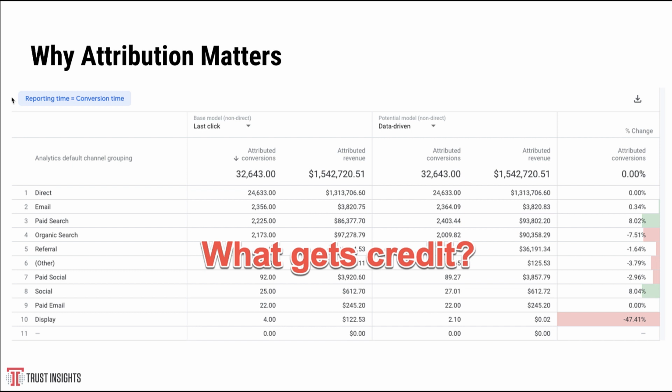So first things first, UTM codes are part of the bigger puzzle of attribution. And attribution is really straightforward. It's all about what gets credit. When we're doing our marketing campaigns, particularly digital marketing campaigns, we want to know what's working. What's generating results? What is bringing in the most money? What is spending the least money? And all of that comes through attribution analysis, which is built into many tools like Google Analytics, Google's attribution product,